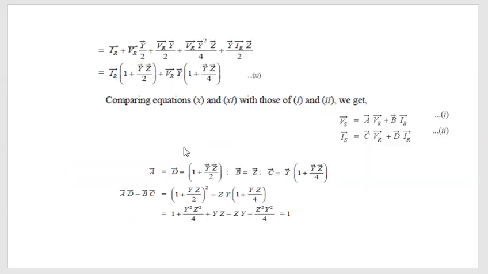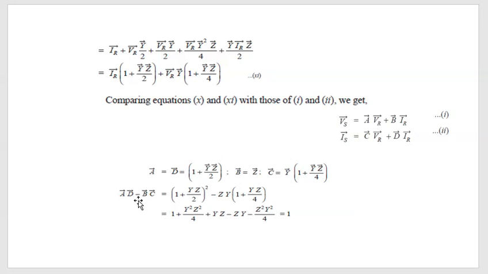Now we have to compare these two equations, equation 10 and equation 11, with equation number 1 and equation number 2, and after comparison what we see is A is equal to D is equal to 1 plus yz over 2, the value of B is Z, the value of C is Y into 1 plus yz over 4,